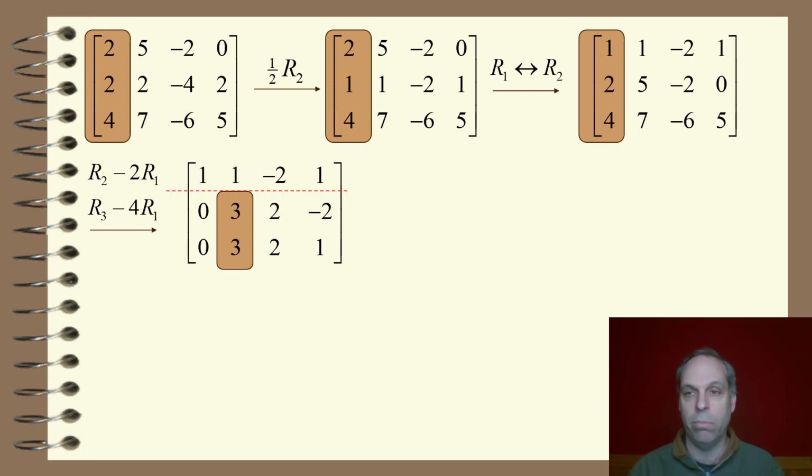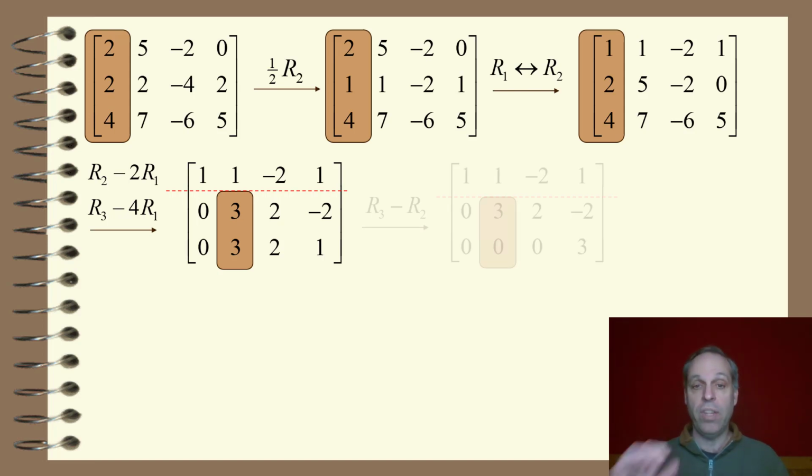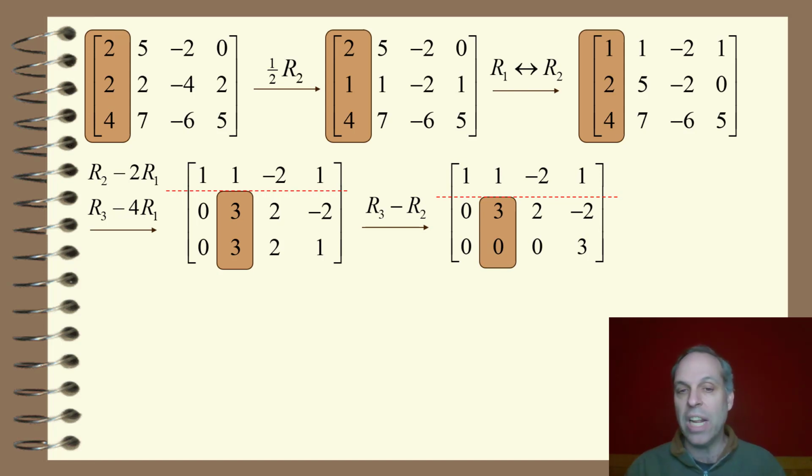Just pick one. In this case, I don't care. They both are fine. I'll pick the middle row, the second row of the overall matrix. Notice though that I could divide by 3 all the way through, but I'm going to choose not to. The reason is that would introduce fractions, and I don't want to work with fractions if I don't have to. Instead, I'll notice that I can just take the third row minus the second row, and I'll get zeros underneath